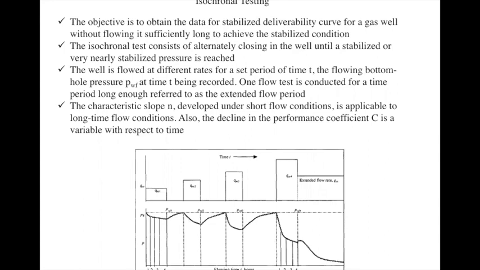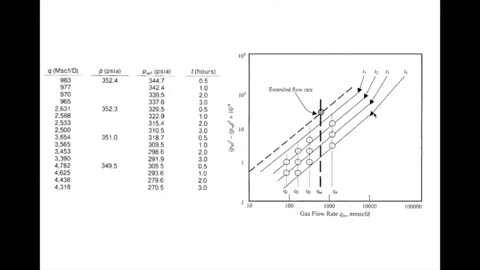So this is for time t1, which is equal to 2 minutes. You take the value of pwf from each graph. For the second flow rate, you take the pressure value at 2 minutes. For q3, you again take the time equal to 2 minutes and observe the pressure value. Again for flow rate q4, you observe the pressure value at time equal to 2 minutes, and then you just have to plot. Once you plot, you will get a graph like this.